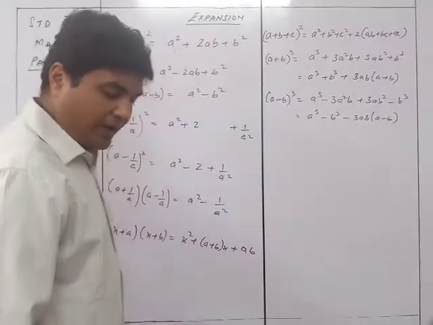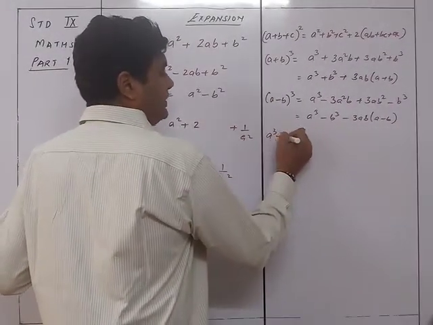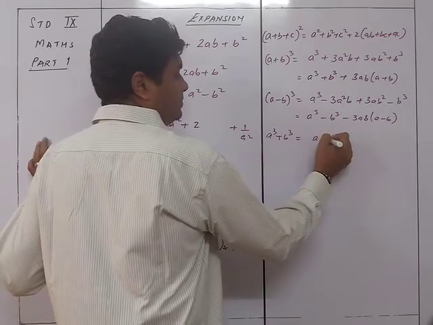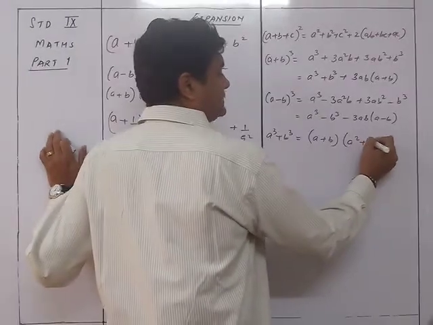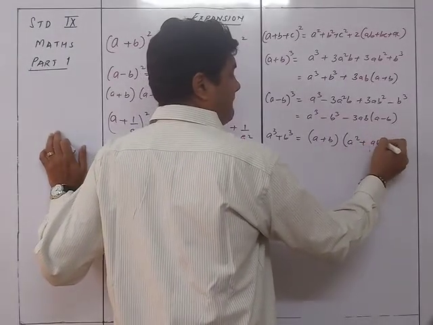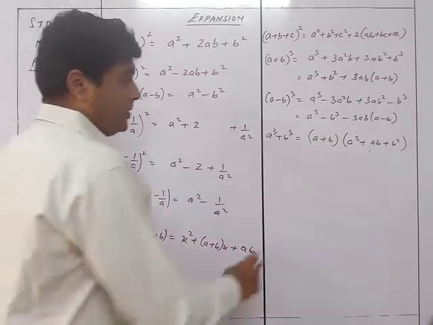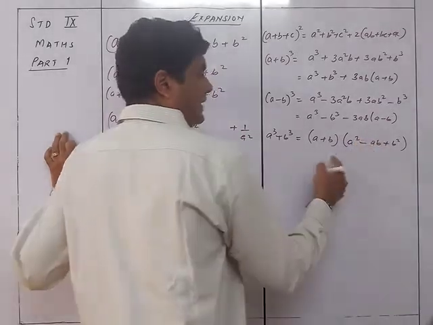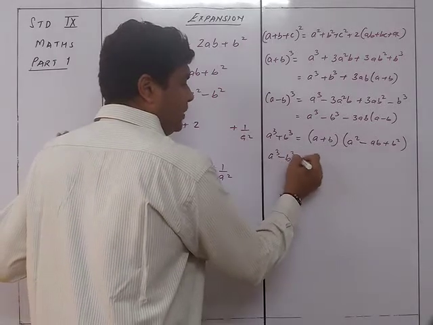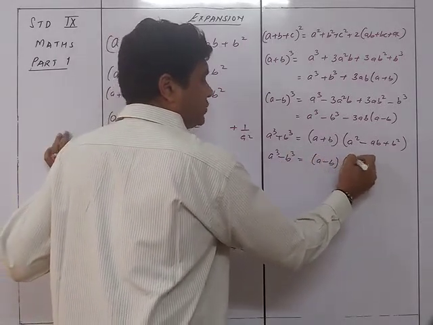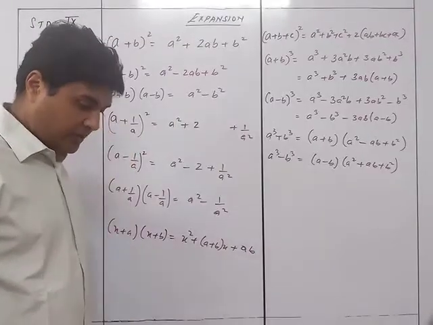Now another one is when you are having the formula for a cube plus b cube. So if it is a cube plus b cube, then it is going to be a plus b, and then it will be a square plus 2a plus ab plus b square. So that is the formula for, sorry, it will be minus here. प्लस के लिए माइनस है और माइनस के लिए प्लस है. So this will be a cube minus b cube will be a minus b and then a square plus ab plus b square. So that is the formula for a cube minus b cube.